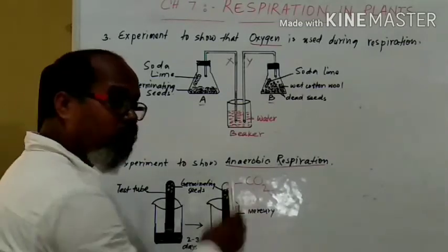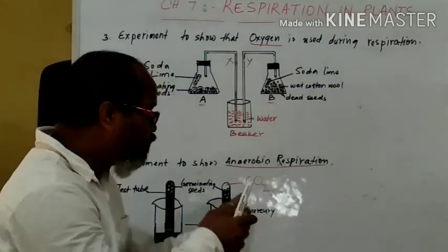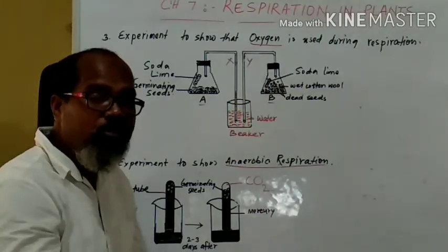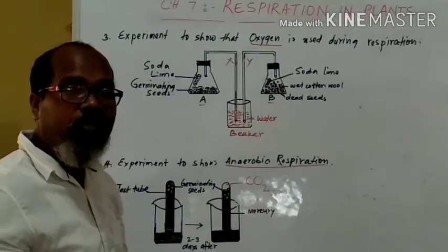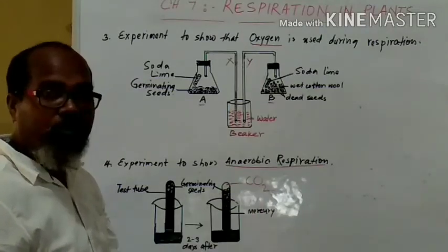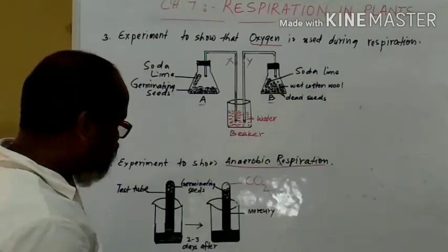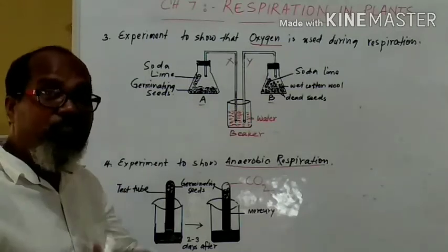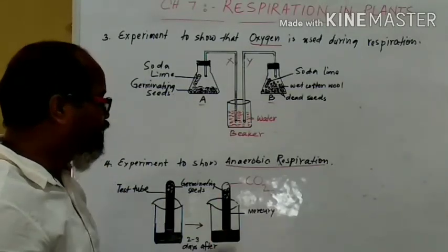And how to test this carbon dioxide? Bring lime water, put this carbon dioxide in lime water, it will turn milky. That shows that the gas collected here is carbon dioxide. Alright, so these seeds respired in the absence of